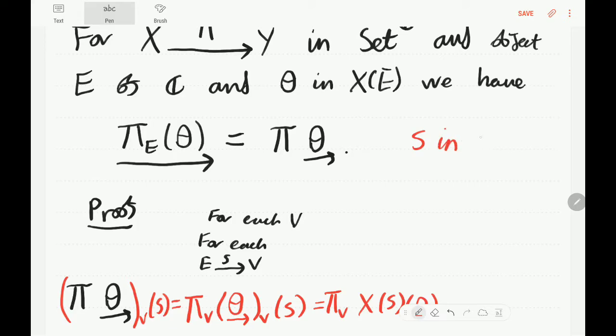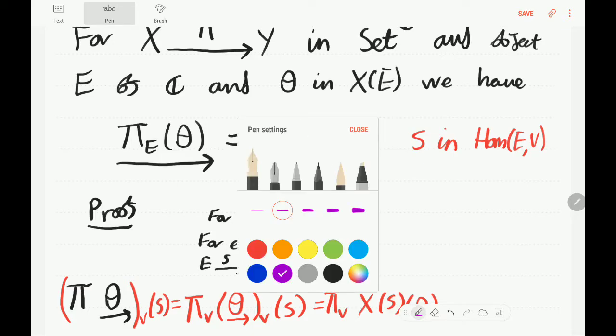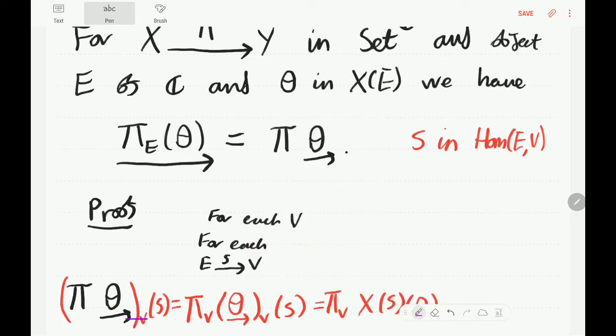In other words, we're going to pick some S in Hom E comma V, and then when we look at the